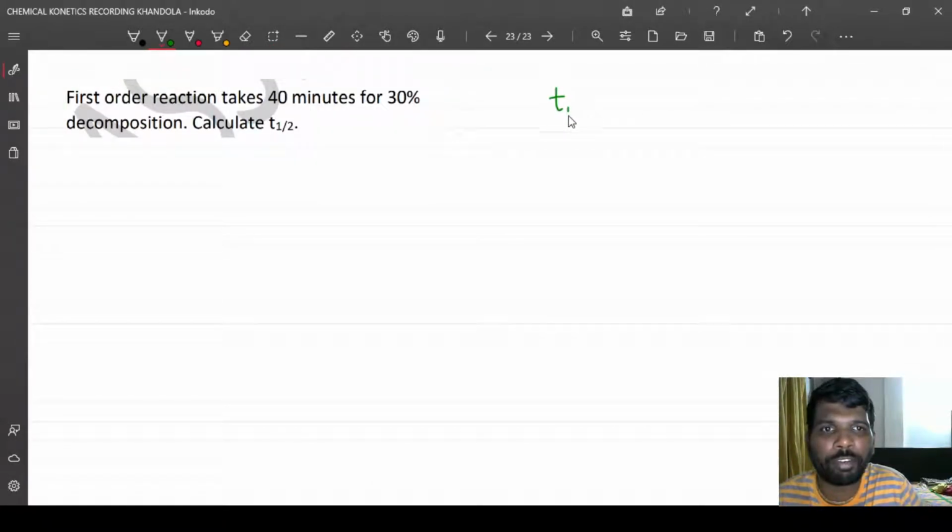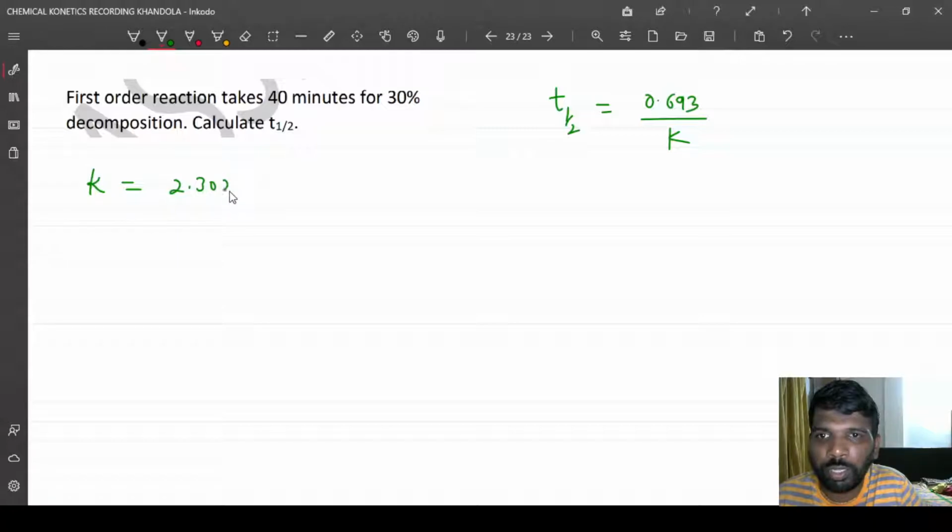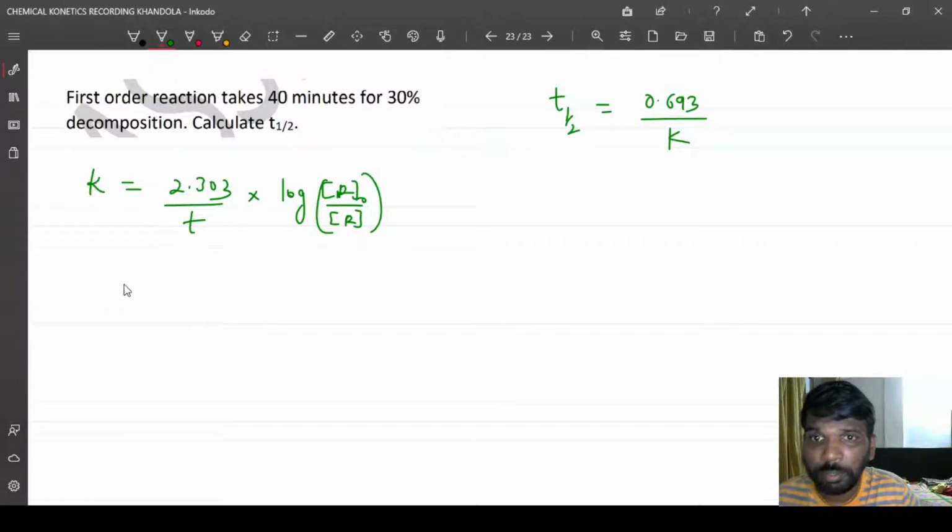T half is 0.693 upon k, right? But we don't have k. First we need to find k, then only we can find t half. So k can be found directly, like 2.303 divided by time multiplied by log of R0 by R. Now time is 40 minutes,